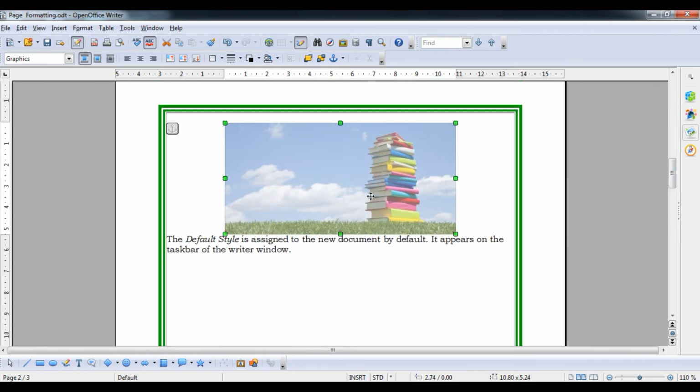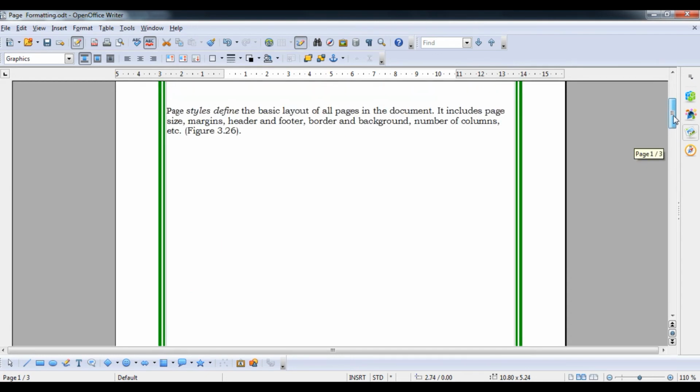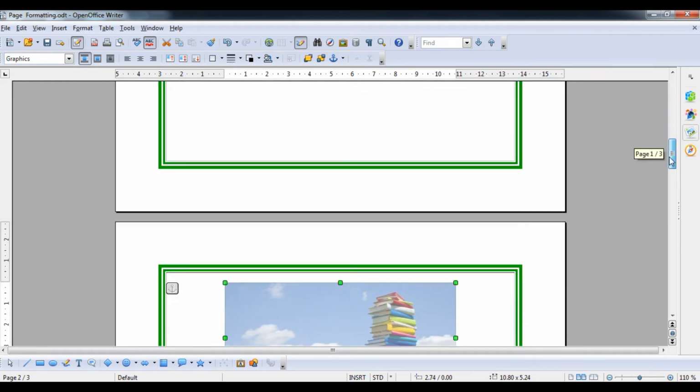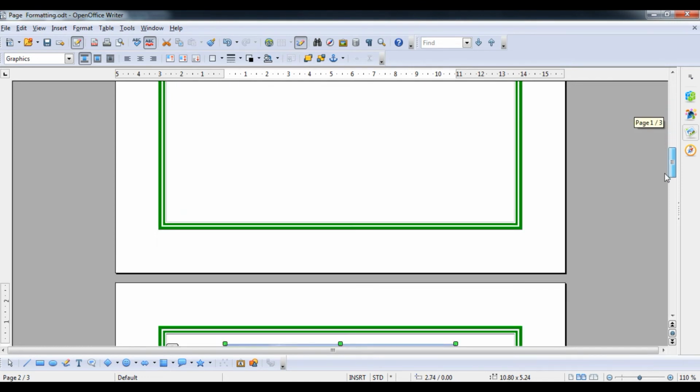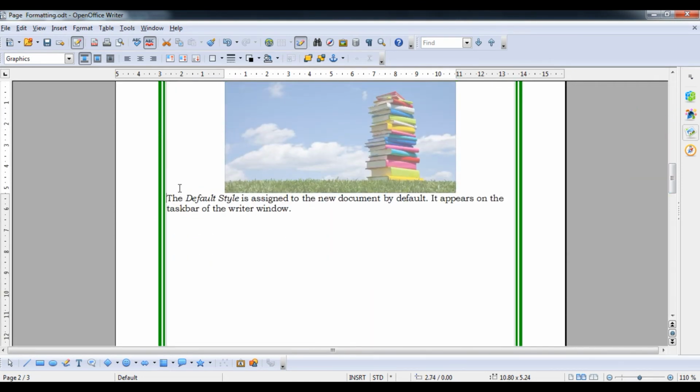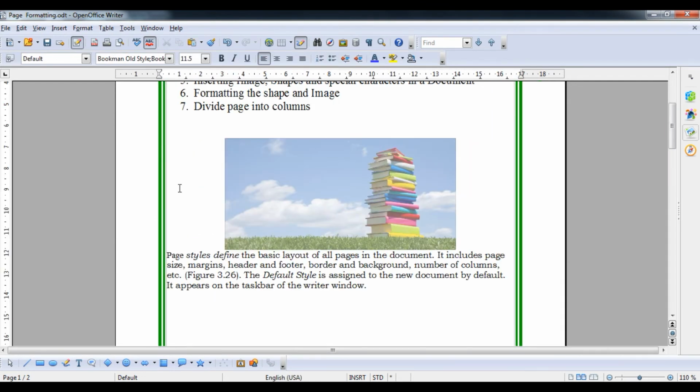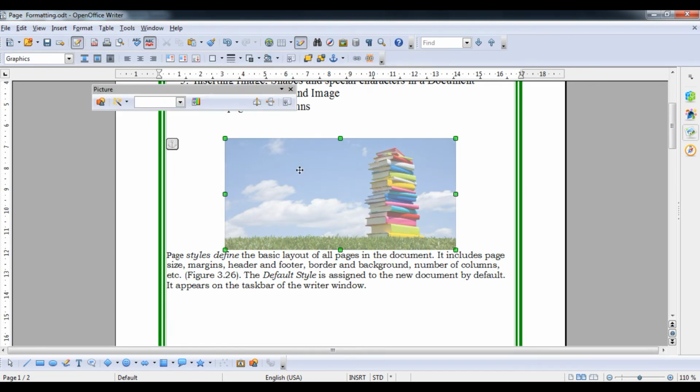If I am going to make this image a background, as an image only, what I will do is click on this. Now you can see, student, Page Wrap Through. Here Page Wrap Off. Suppose these are my texts. I will do one thing, student, I will send it to the background like this.